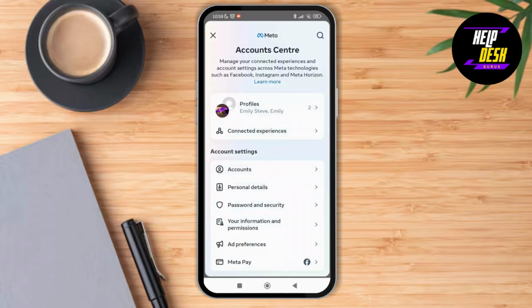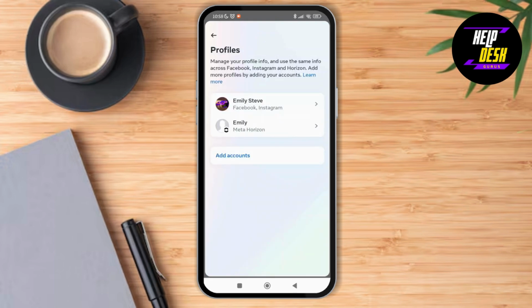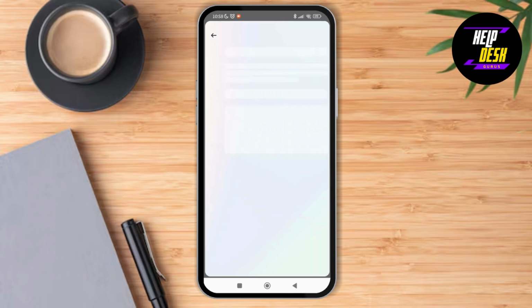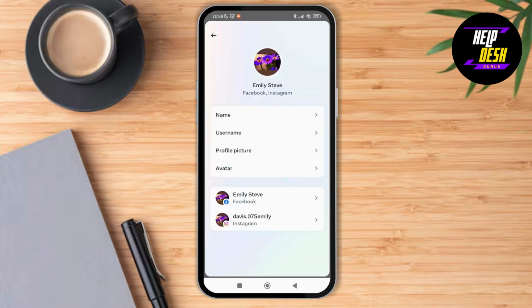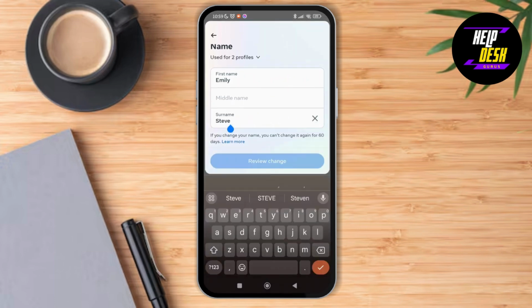Then tap on the profiles icon. Then tap on the profile that your Facebook or your Messenger is associated with. And then tap on name. And here you can see the option of name over here. So if you want to change the name, you can just